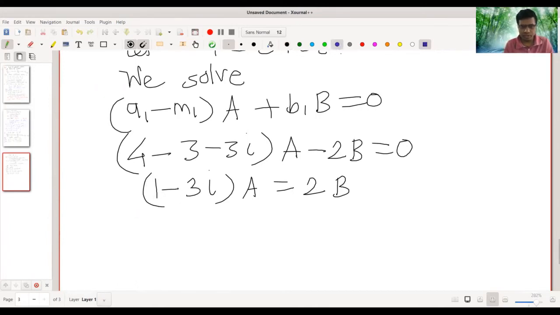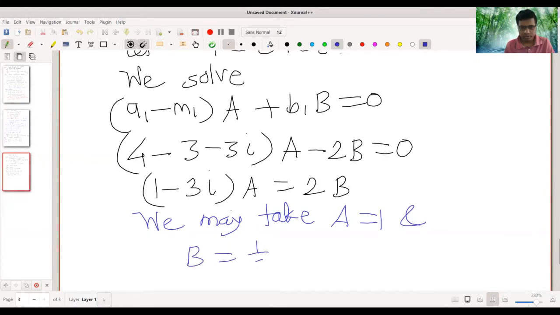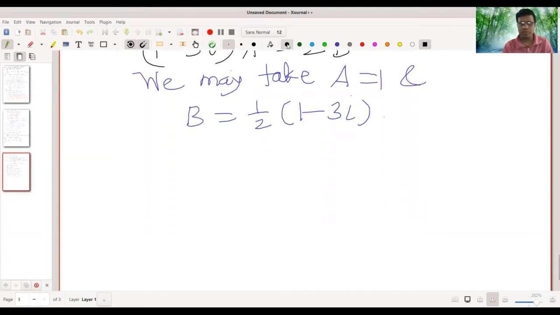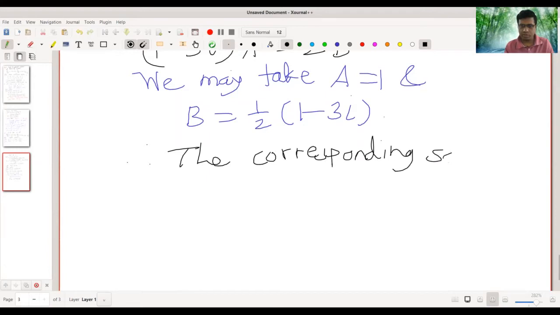Okay. We may take A equal to 1 and B equal to 1 half into 1 minus 3i. So with these values, we have one solution. Okay. Therefore, the corresponding solution. The solution corresponding to all these values is